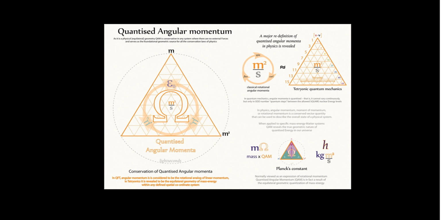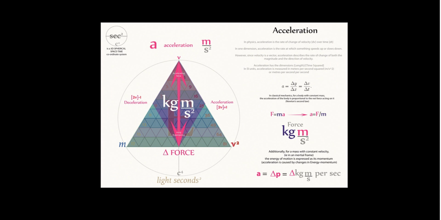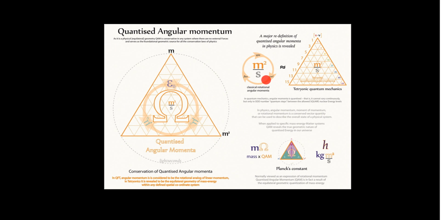The linear momentum should not be confused with quantized angular momentum, or indeed classical angular momentum. They are three distinct things. Just to recap, linear is a directional vector force. Angular momentum, as classically explained in physics, is a rotation about a point. Where I've highlighted there, imagine that being a point in the center of an object, and it is then spun around that point. That is angular momentum. It's measured